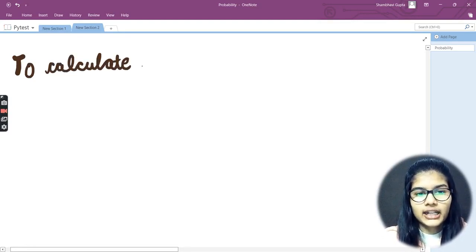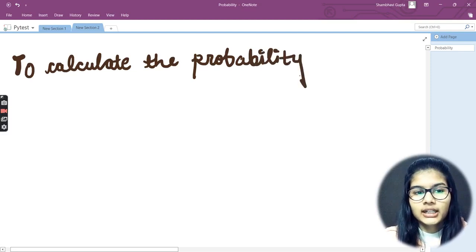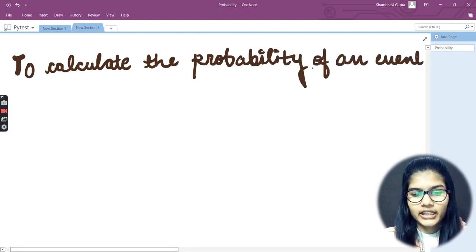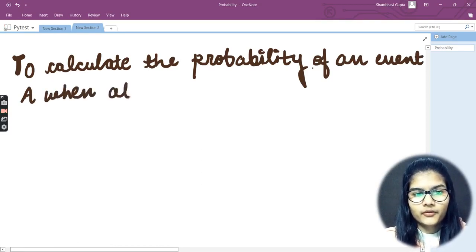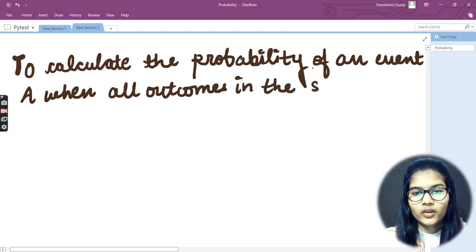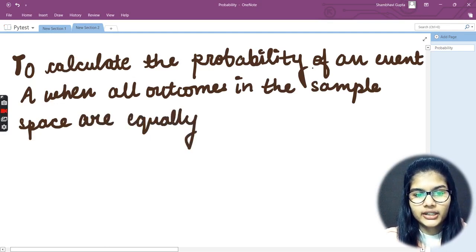To calculate the probability of an event, let's say my event is A. So for calculating the probability of an event A, when all outcomes in the sample space are equally likely,